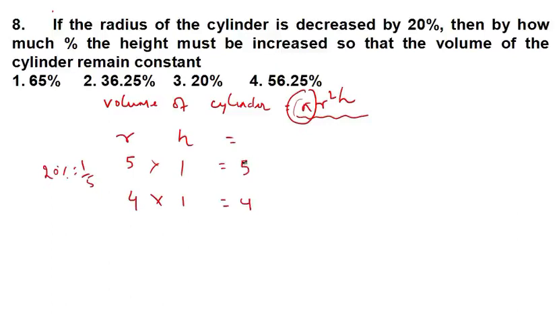But we know that this is r square. If you want to take out volume, it is radius r square. So it will become 25 and this will become 16. Fine. So it is written height must be increased by how much percent. So this is 16. Now to get back 25 so that the volume remains constant, read the question carefully. You want the volume to be constant again. Before volume was 25, now it becomes 16, but you want volume to be constant. So in 16 you have to increase so that it becomes 25.